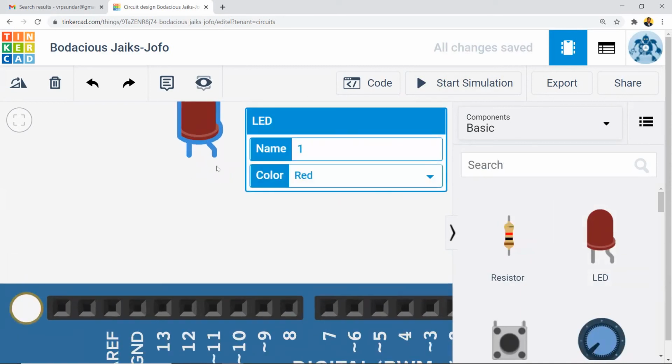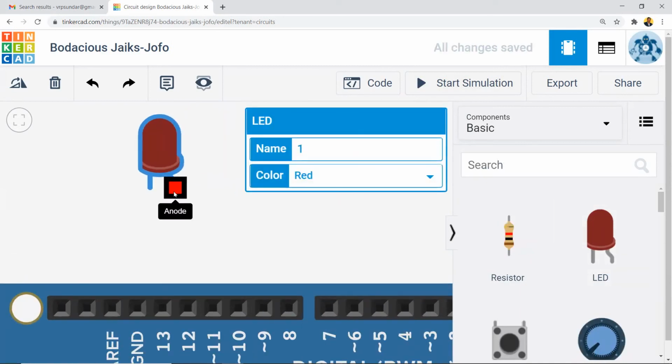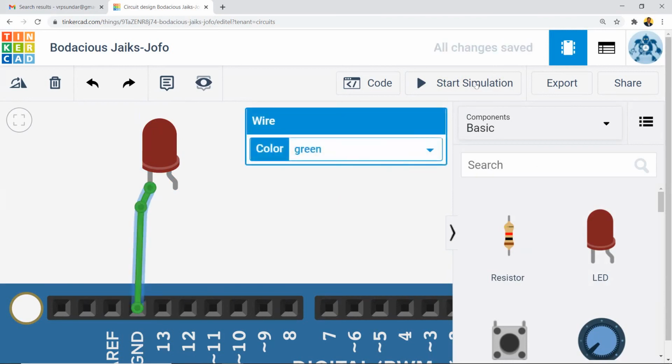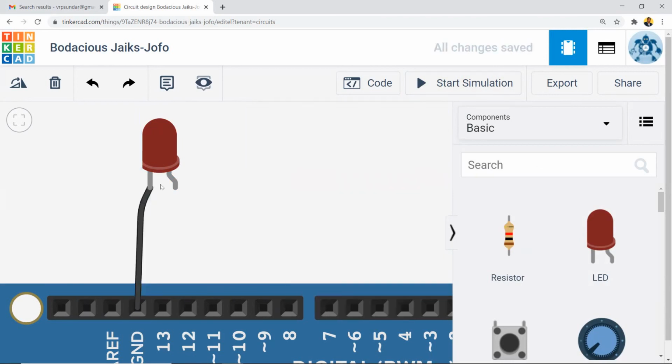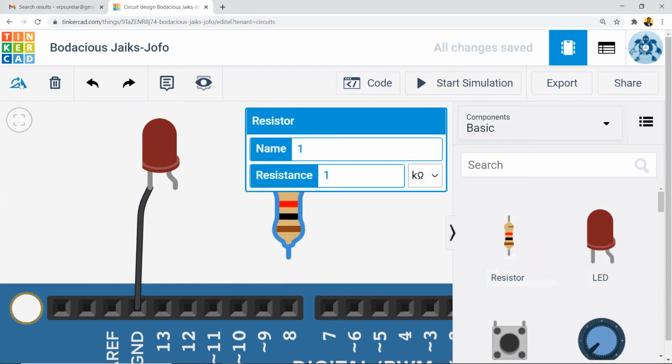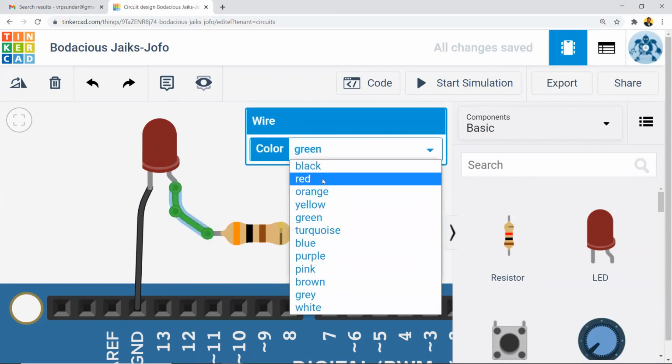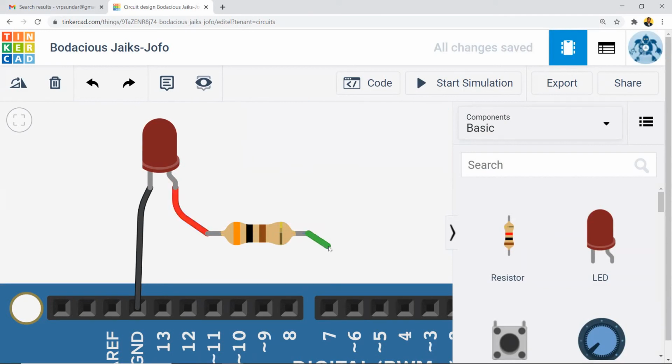So the light emitting diode has two terminals. So the one on the right is the anode terminal. The one on the left is the cathode terminal. So that is my negative terminal. So which I take it and connect it to the ground pin of the Arduino. And the positive terminal, of course, I current limit this by a resistor. The value that we have calculated is 300 ohms, and I connect one end of this positive terminal to the resistor. The other end of the resistor, of course, is connected to pin number 7.